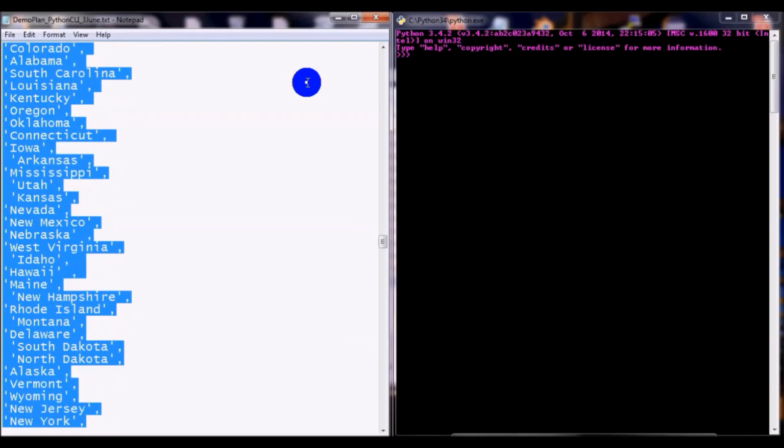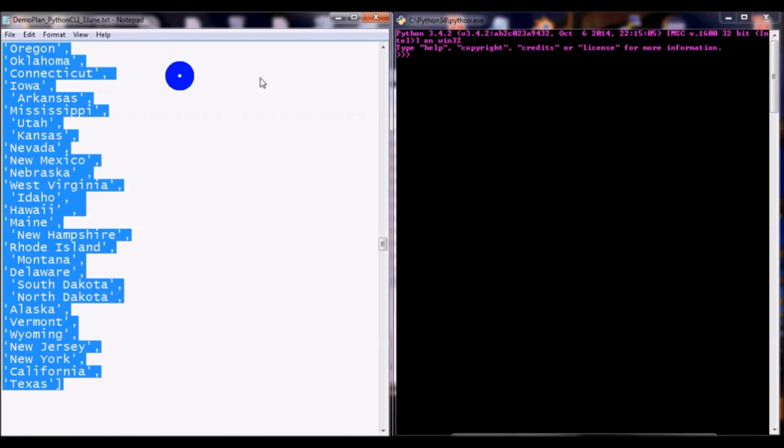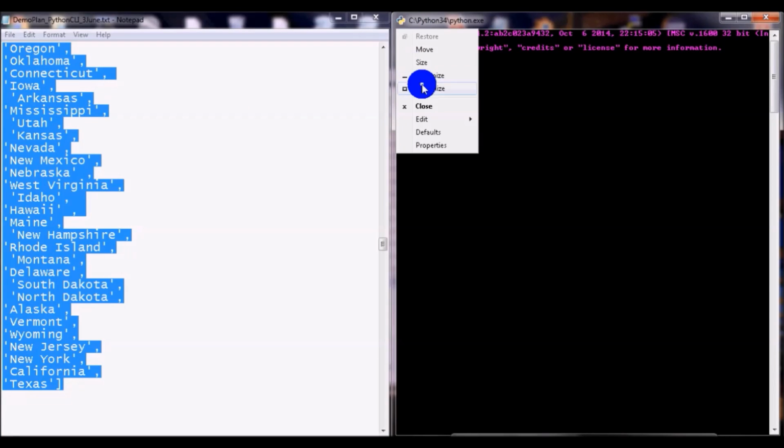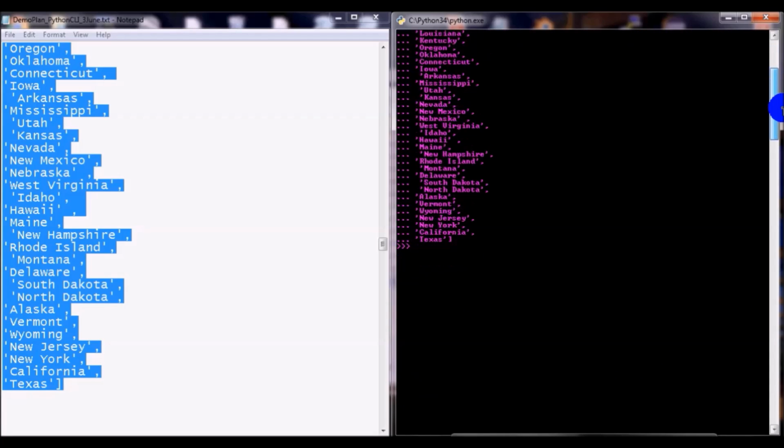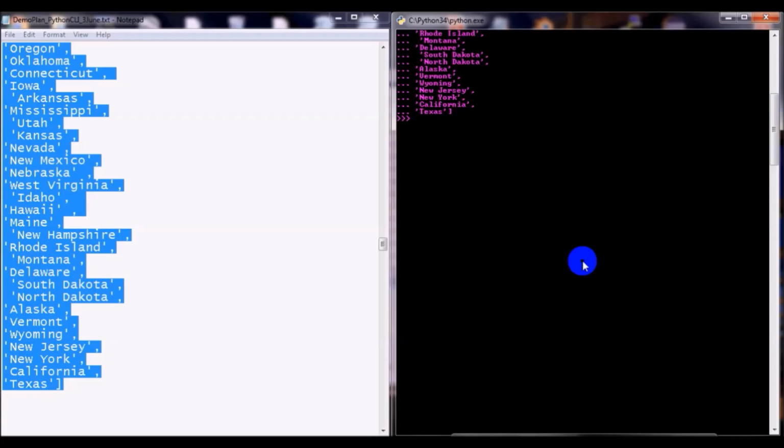Next goes the assignment operator, which we all know to be the equal sign. Each element is separated by commas. In addition, if the elements are strings, it must be enclosed using quotation marks. Because our list is made up of string elements, we use both quotation marks and commas as part of our